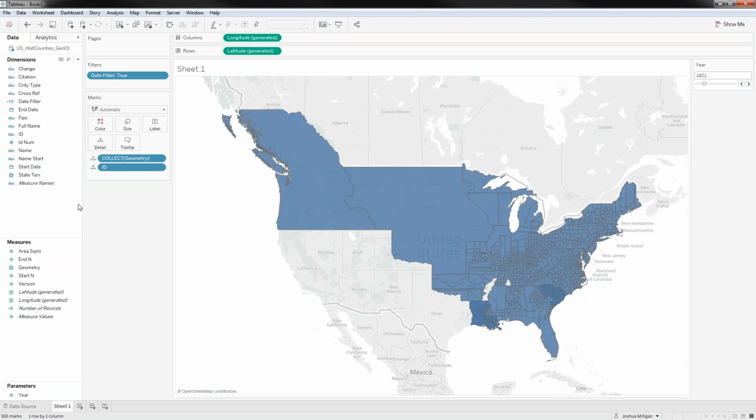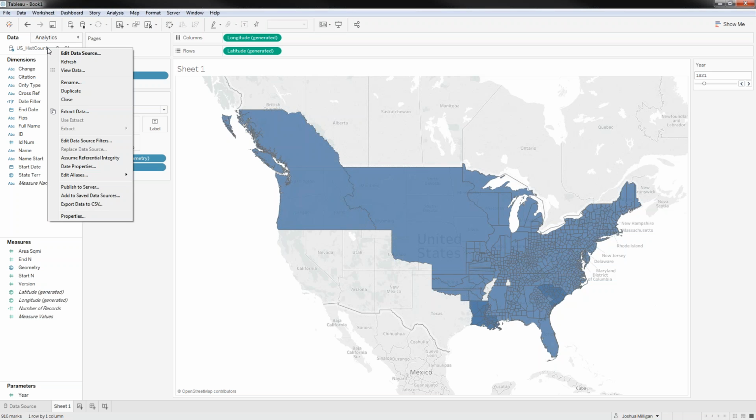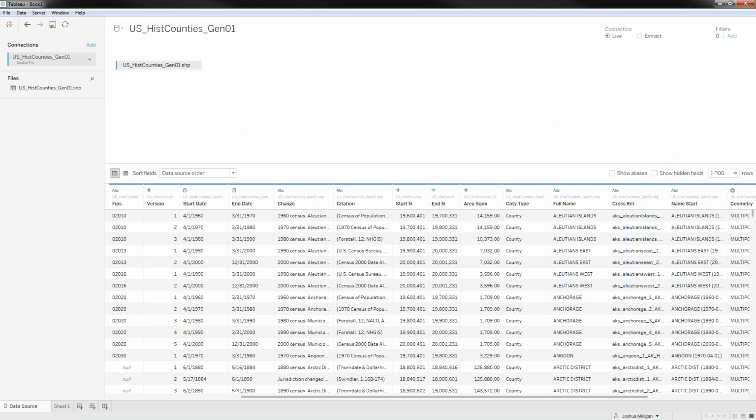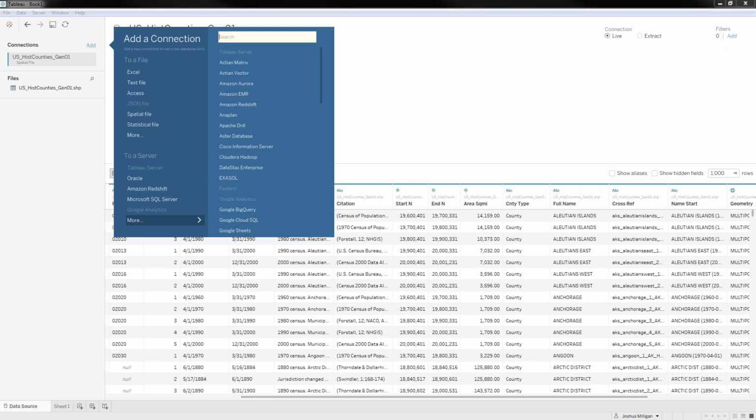So one thing that Tableau allows me to do with a spatial file is, much like other data sources, I can actually do a cross-database join. So if I have data in other files or other databases, I can join that to my shapefile. And so I'll do that here. I'll edit the data source. And I actually have another data source. It's a really simple one,